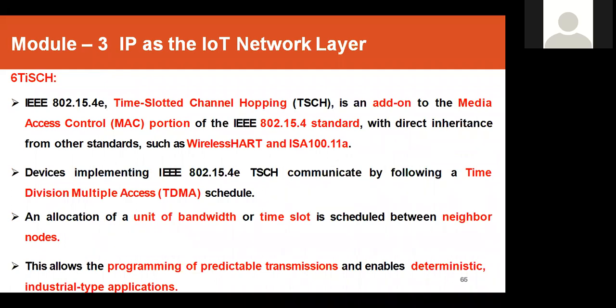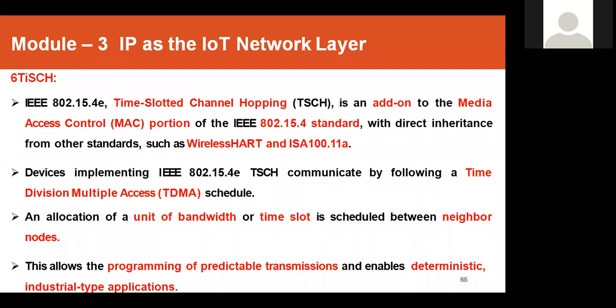It's an add-on to the MAC layer. I think already we've discussed physical layer, MAC layer. For the MAC layer, this TSCH, because it's going to divide the time slots. I think you might have heard about TDMA, that's time division multiple access, to communicate with various devices. It gives you a time slot called a unit of bandwidth. That means for this connectivity, how much bandwidth is used. For this connectivity, how much time is required. So in order to divide the transmission, the data, with a particular time or bandwidth, this TSCH,